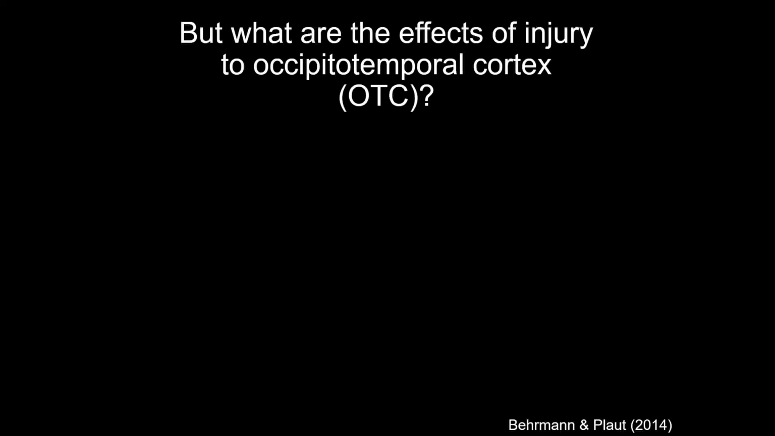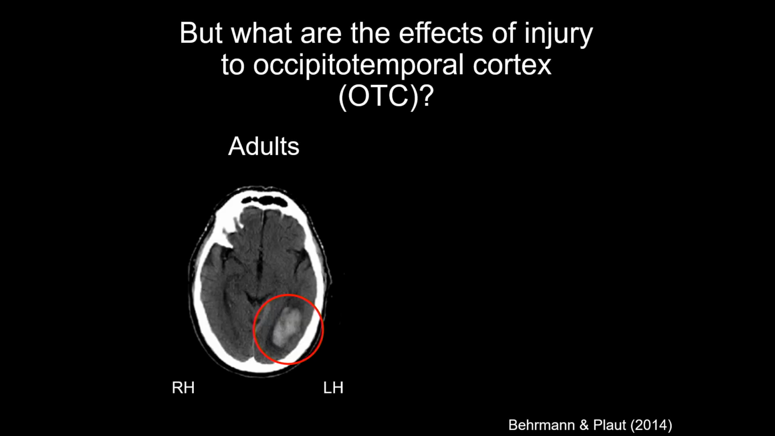So the fact that words appear to emerge in the left hemisphere over the course of development might seem to suggest that the left hemisphere would be necessary for word recognition. But we actually can answer that question with some neuropsychological data. So if you look at patients who have damage to occipital temporal cortex, or as I'll be abbreviating throughout the talk, OTC, in adults at least, who have lesions to left OTC,